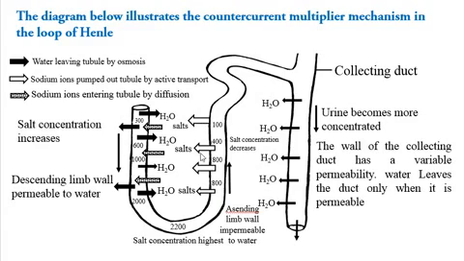As you can see in the drawing, this arrow represents sodium ions which are being pumped actively from the filtrate across the cell into the medulla. This concentrates the medulla with a lot of ions. Therefore, this will cause movement of water. These black arrows represent movement of water from the filtrate through the cells of the tubule into the medulla